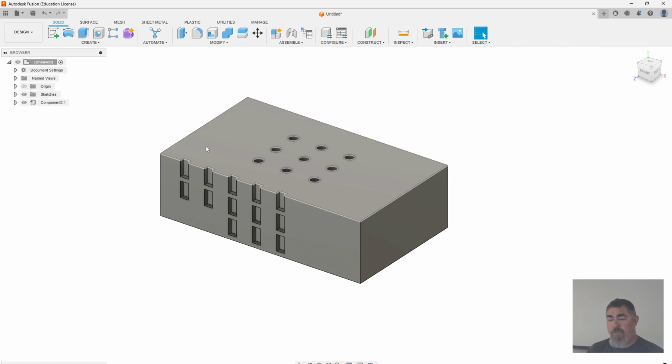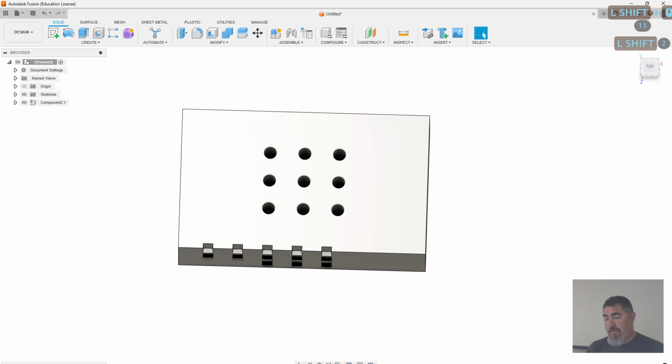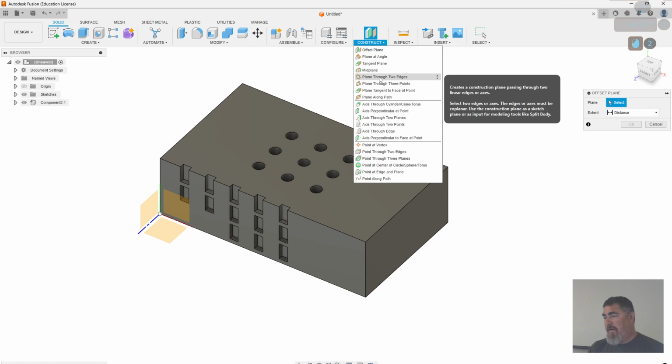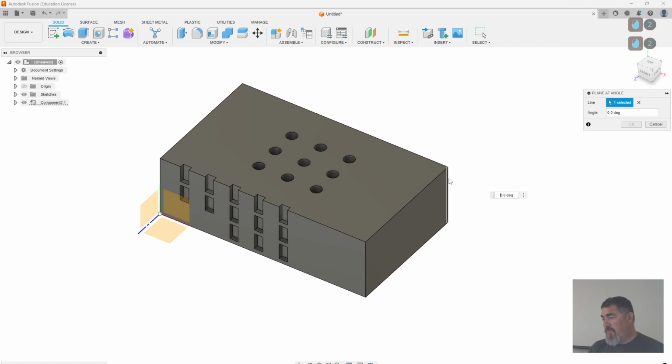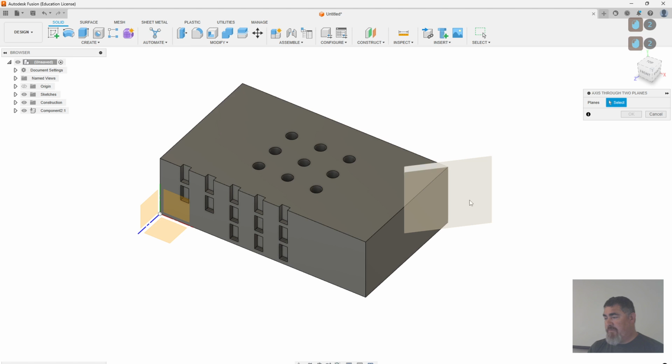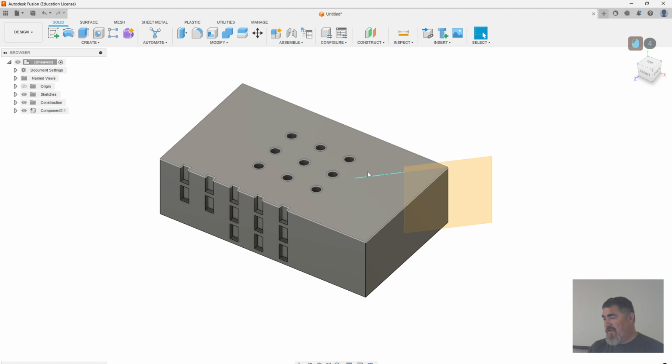We can also pattern using a direction that's not on the part, not 90 degrees to each other for the pattern. Let's say I have these holes here. A couple ways I can do it. One is I can create a plane at an angle. I want this now to have a 45-degree line there, so I can do that. Now I can do an axis between two planes, that plane and that plane. Now I have a line here,